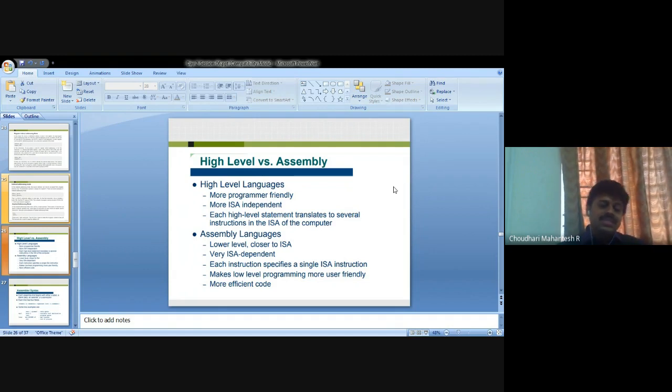Each instruction specifies a single ISA instruction, and they make low-level programming more user friendly. A few more things with respect to assembly language: it gives more efficient code.